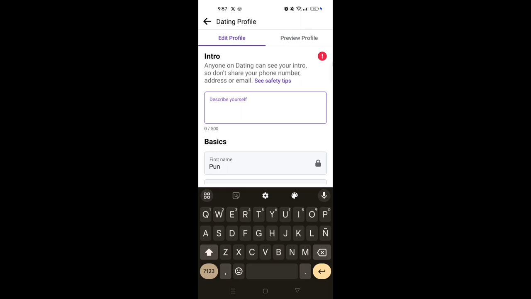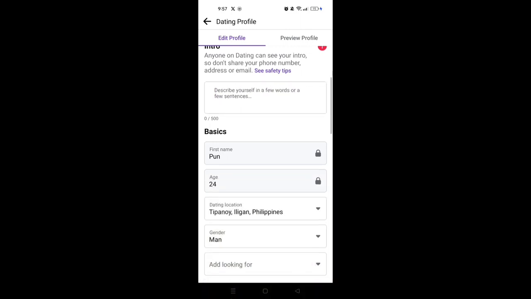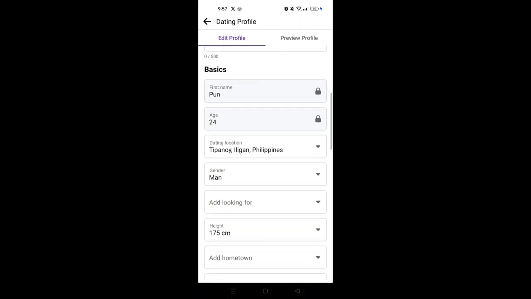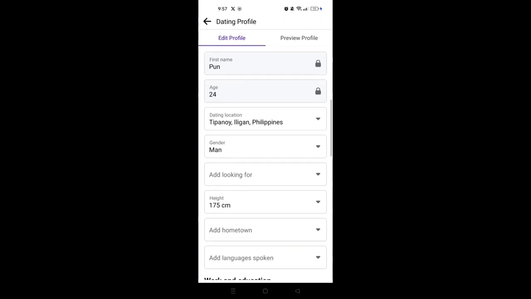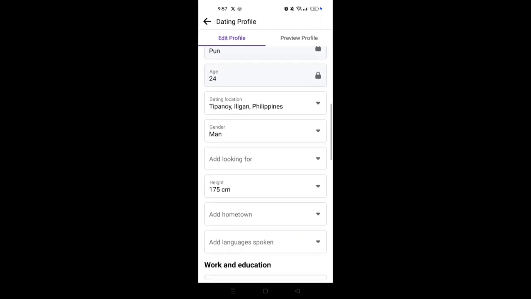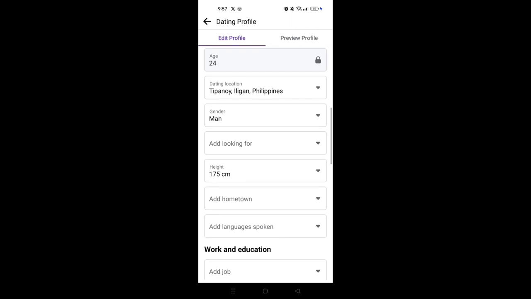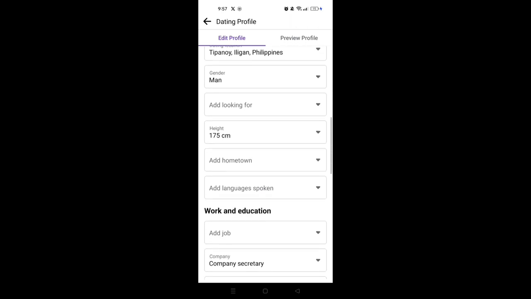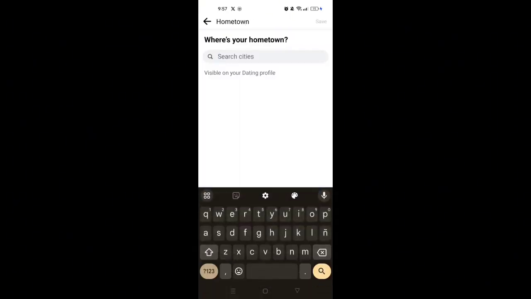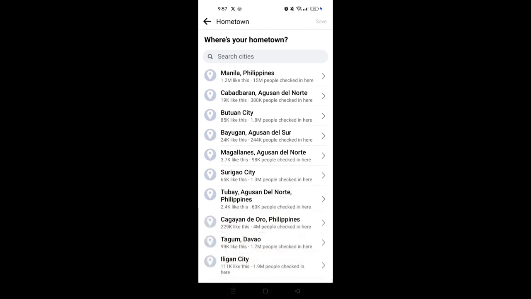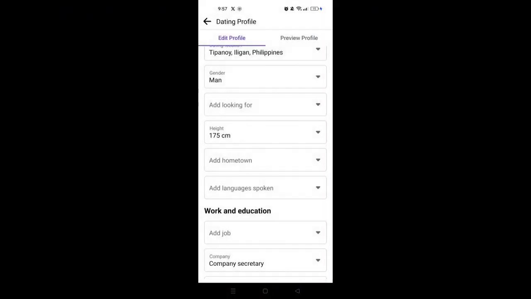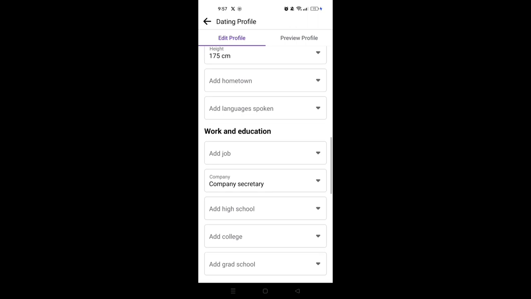For here, you have to describe yourself. For example, you are friendly, you're humble, you're cute. So you can simply type it out right here in the description section. And then just have to scroll down right here, and you have to make sure that all of the important details are present. Okay, so if you want to add your hometown, then you can simply click on add hometown